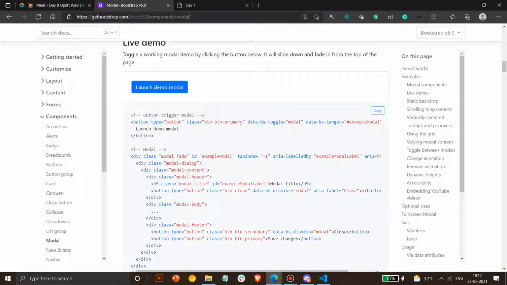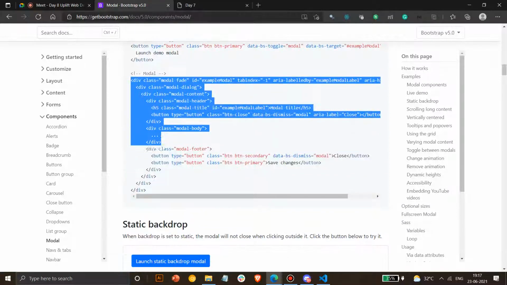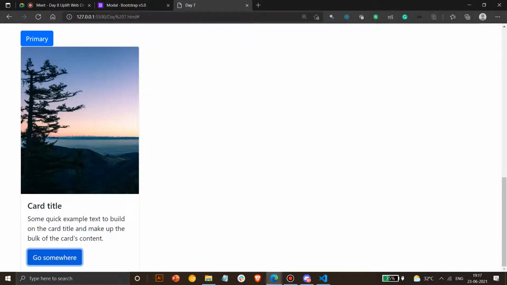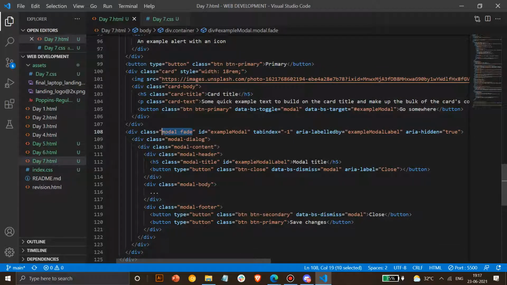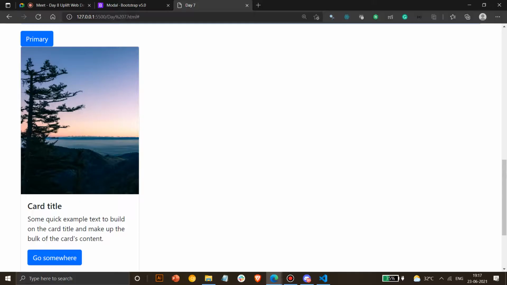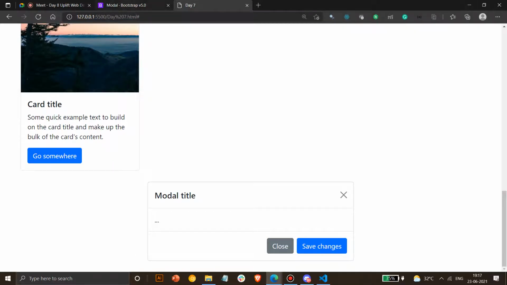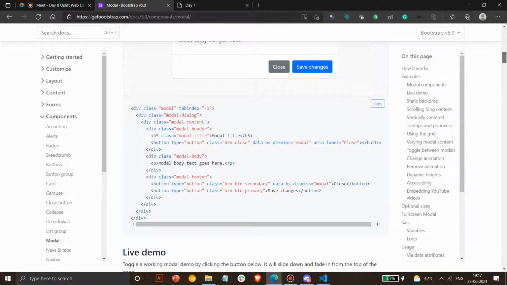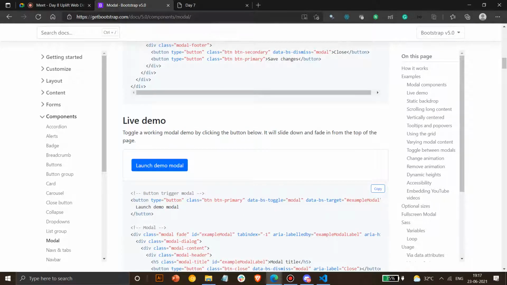Okay, moving on, then you have text here, then you have a button. Here starts the modal. It won't show up like a normal button in CSS because it has a class of modal fade. What modal fade does is it will not show this content; according to the CSS written in Bootstrap, it will hide this automatically, so you won't see the code for the modal. If you remove this, you can see the modal. So this specific class fades away the modal until you click a button.